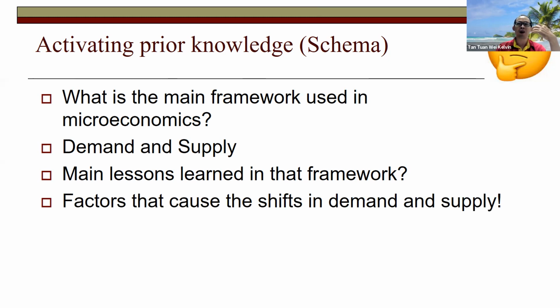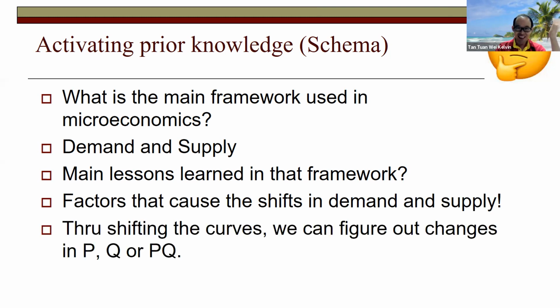We have talked about why the demand shifts to the right or to the left, why the supply shifts to the right or to the left, but why do we shift those curves? It's because when we shift the curves, we are trying to figure out a few things. First, how can the price of the good change? Next, how can the quantity change? And finally, how might the expenditure or revenue change in the demand and supply, which is P